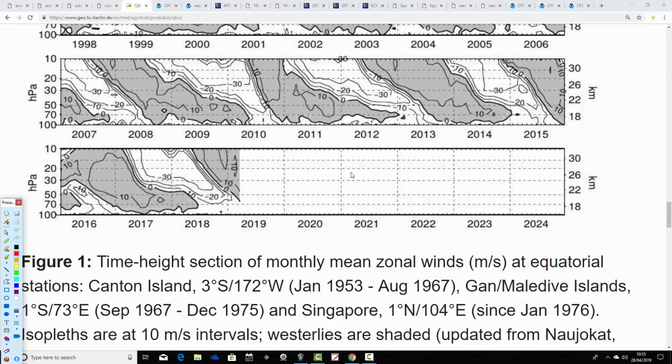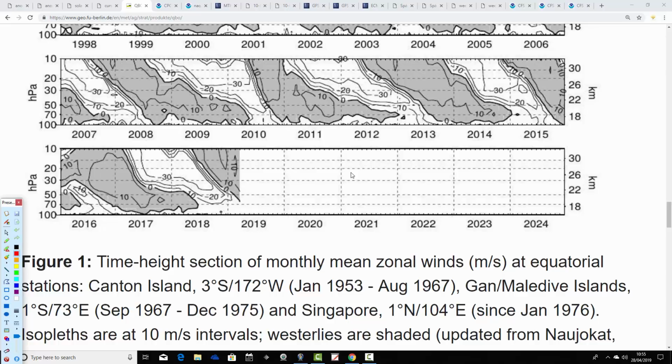NOAA. That is likely to still be showing a strong westerly QBO. In fact, it will probably strengthen from the QBO number that we had in March. So we're going to carry on strengthening the westerly QBO into the summer. And then as we get through to the autumn, it should start to weaken. And then by the time we get through to winter 2019-2020, we should start to transition from west to easterly